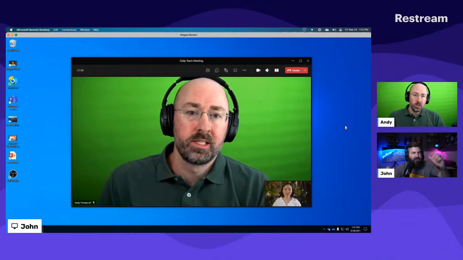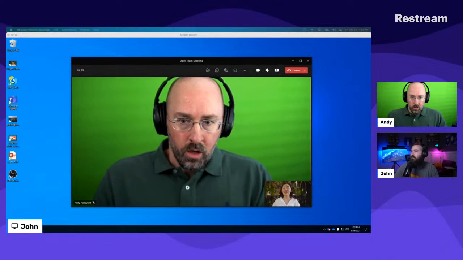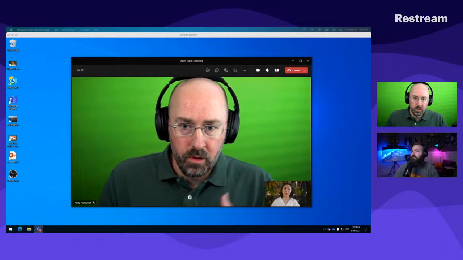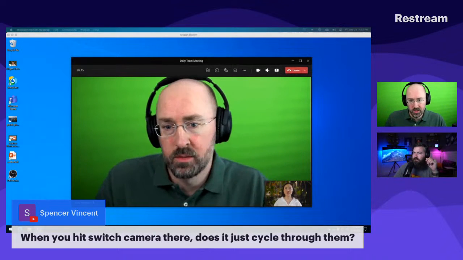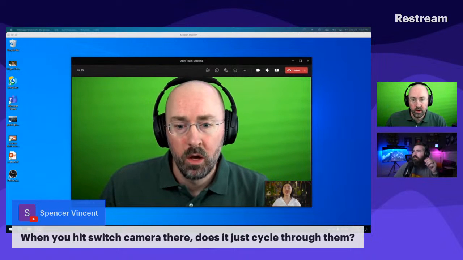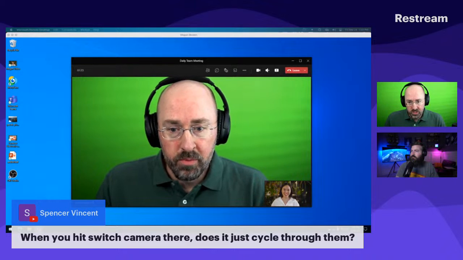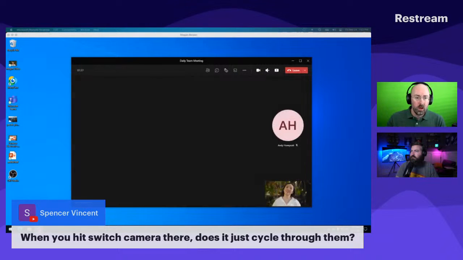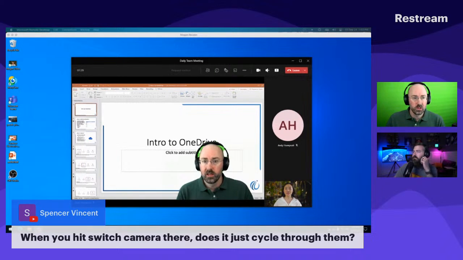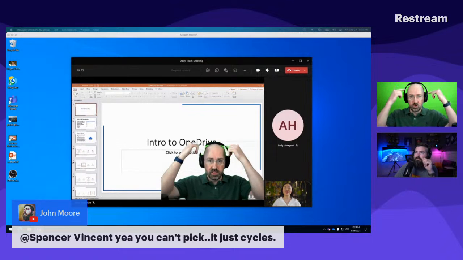One of the things that you'll notice when you do the shared background effect is the pixelation. They do a pretty good job of trying to crop you away from your background, but there is some pixelation that happens with it. So when you have a green screen effect, it's going to look a little bit better. Now you'll notice here, it's between my headphones.